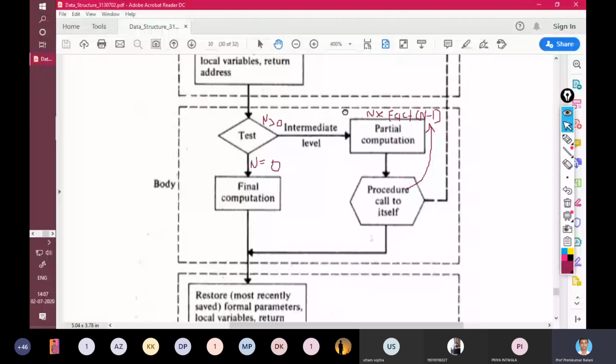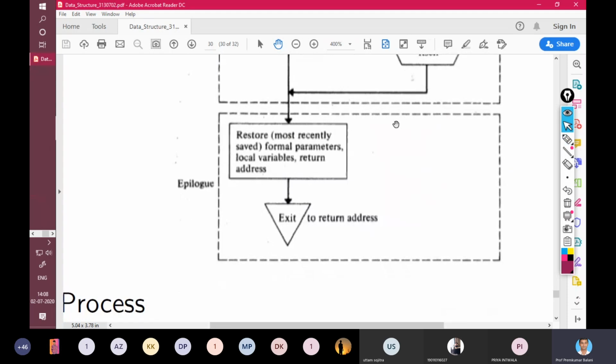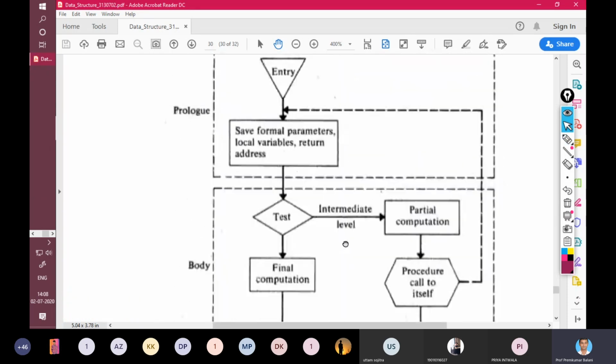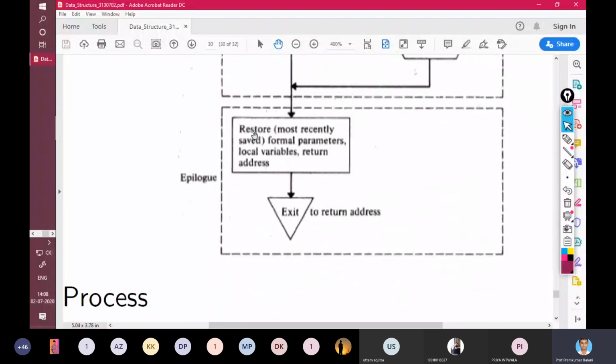So this is what happens, and after the terminating condition, and the last epilogue, right? We have three parts: prologue, body, and epilogue. In the epilogue, restore the most recently saved formal parameters, local variables, and return the address. That's all, and exit. So this is the process of recursive function.